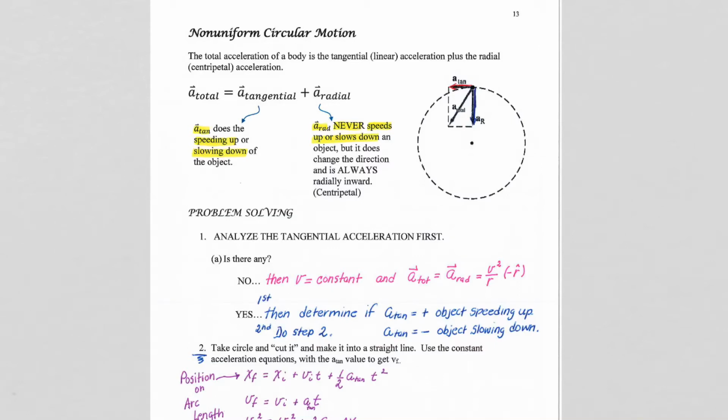We're now going to go back and look at circular motion that is non-uniform. Now, the word non-uniform is nothing to make a big deal about. Non-uniform for us simply means that the object will be speeding up or slowing down. And now, if the object is going in a circle and speeding up or slowing down, then there definitely is